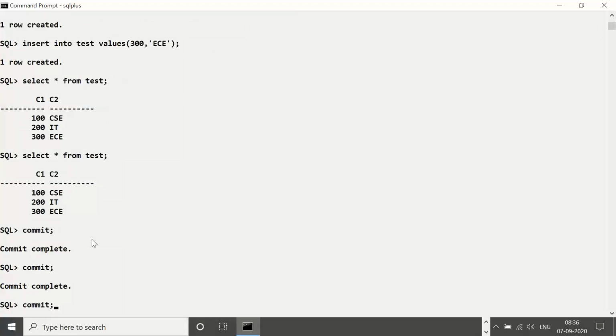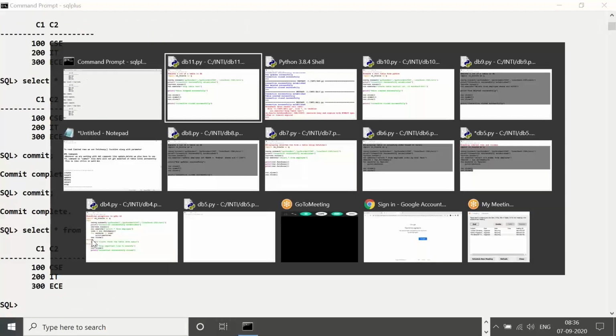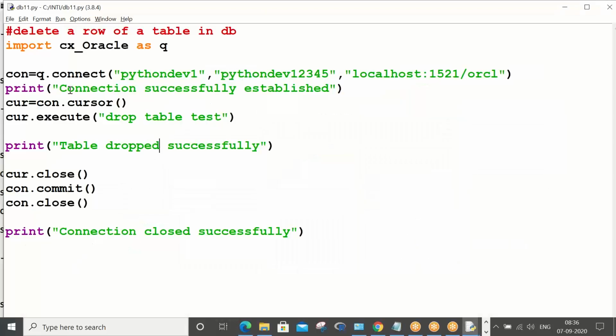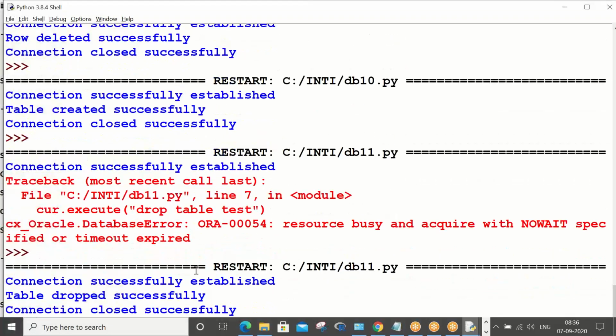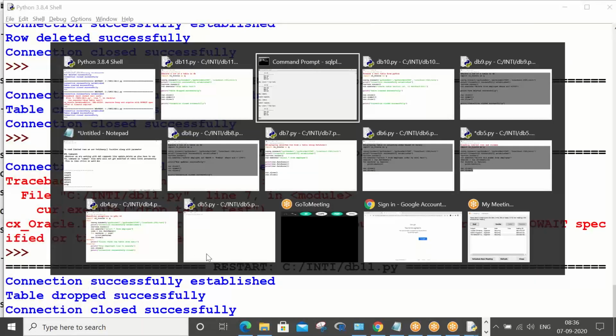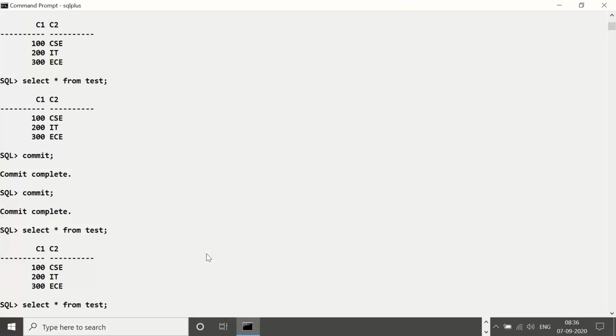Table dropped successfully. Let's go back and check here.